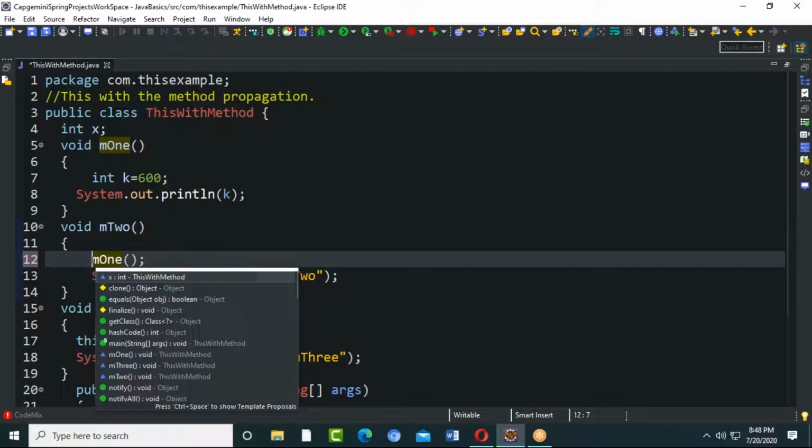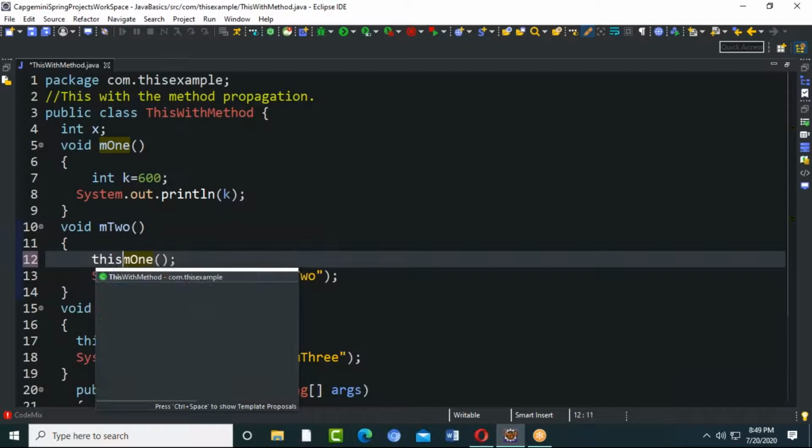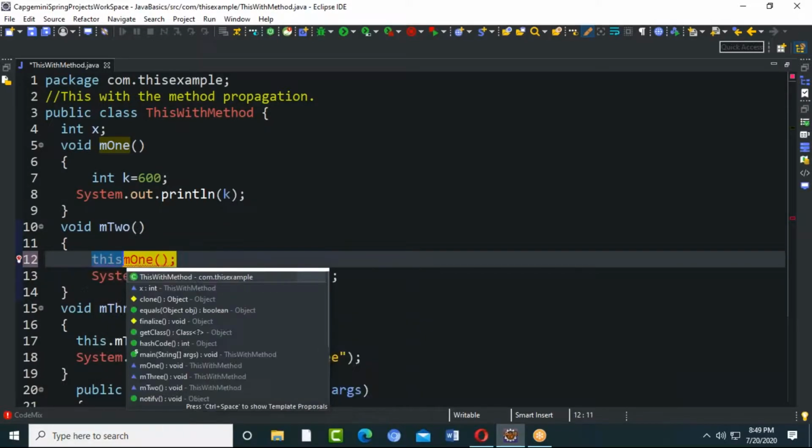Okay. Then my question is, if it is not a problem, then why are we exactly using it? So they mean that by default this is available to the methods. They made it available by default if they are in the same application. They made it available, this. But if I take a different application, can I call the method? No, I cannot call. So I don't need to say this every time for the methods.